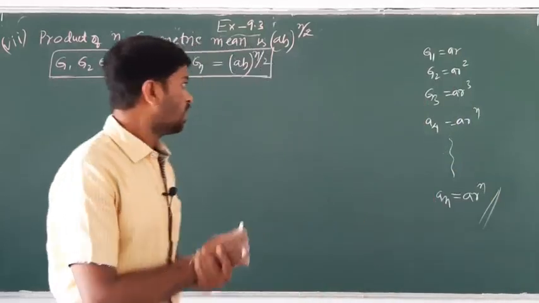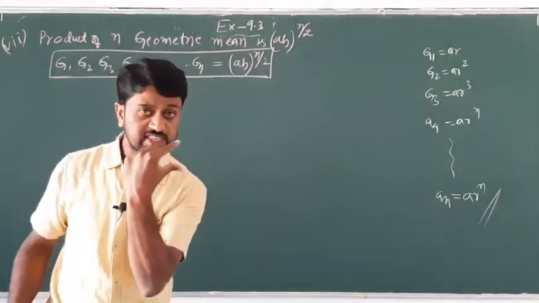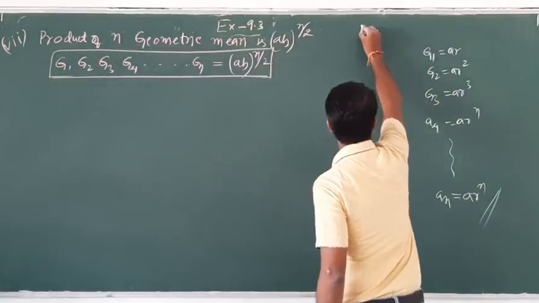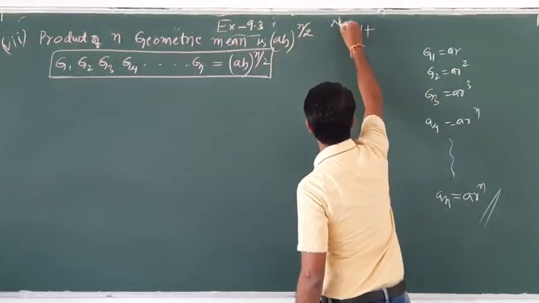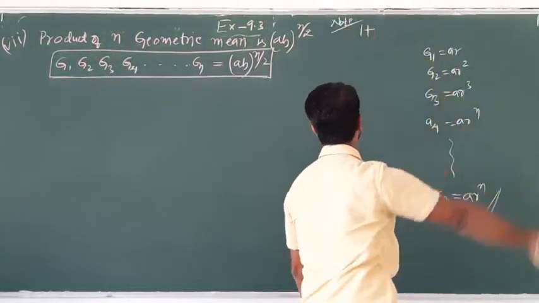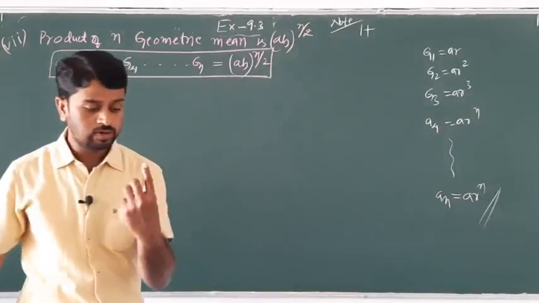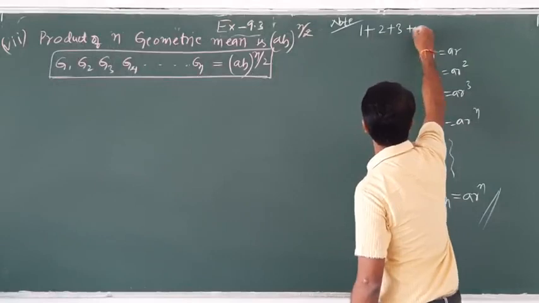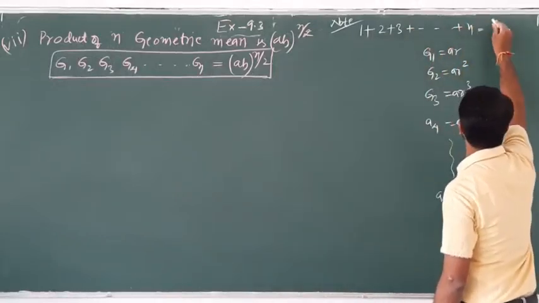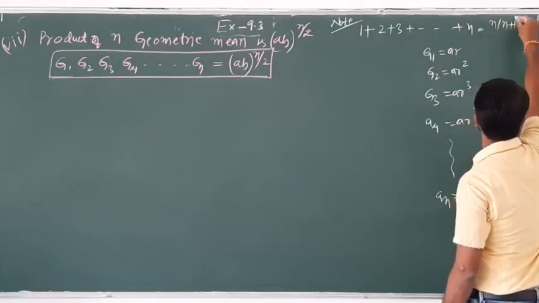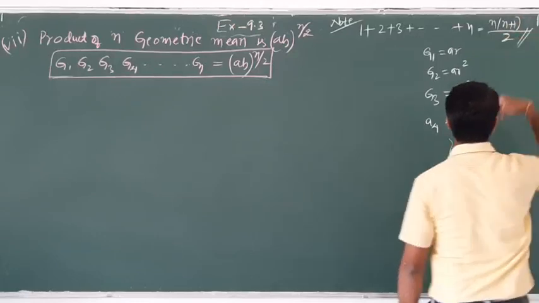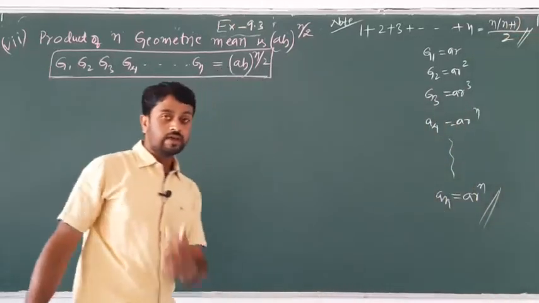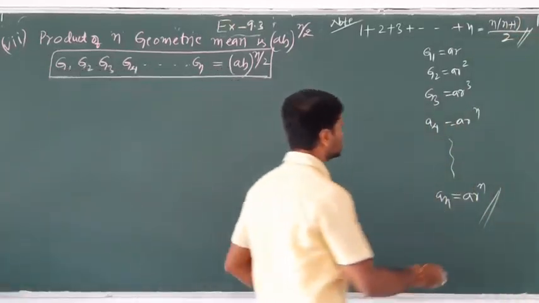Clear? And also, the sum of the first n natural numbers is one of the very important notes. In the previous session I also discussed it and gave the note. 1 plus 2 plus 3 and so on up to n is equal to n into (n plus 1) divided by 2. Where R is the common ratio, tell me, R is equal to what?